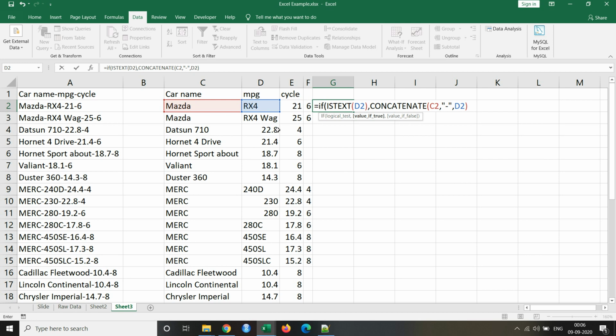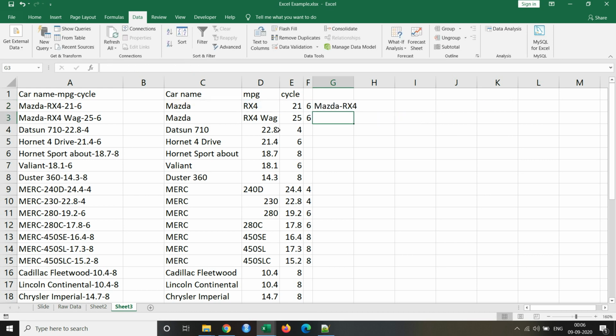Okay, so what I'm putting here is that if column D is text, then concatenate the car name, column C, and column D, which is MPG. Otherwise, in the else case, if this column D is not text, then we'll consider it as MPG only.